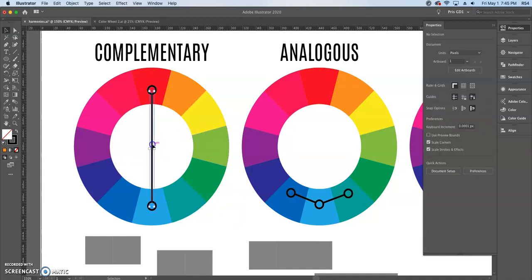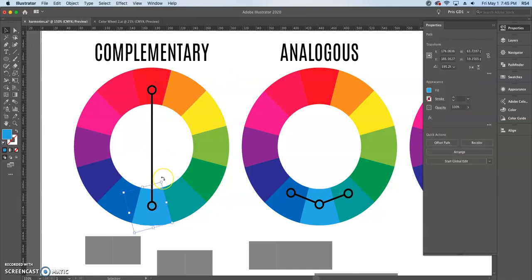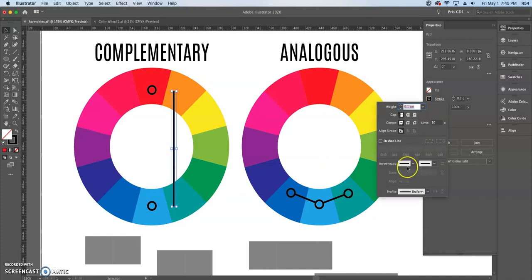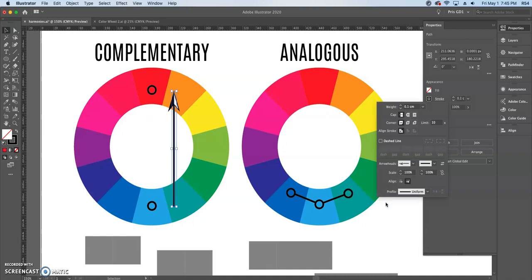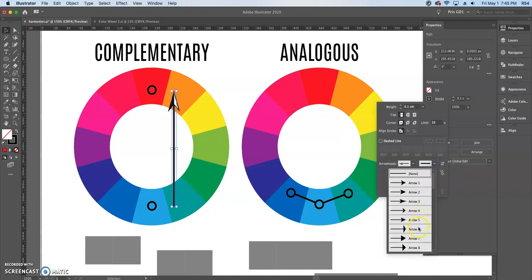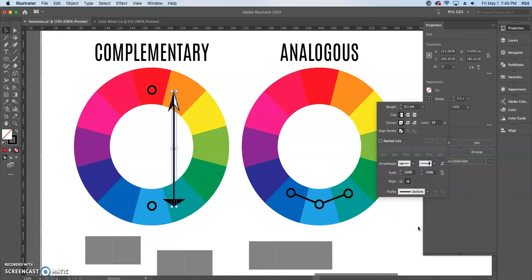I created this straight line, and to select these two colors, or to point out those colors, I created this small circle with the same fill that is in the color where they are, okay? But if you remember, I'm going to move this line over here so that you can see. If you remember, in the stroke properties we have the arrowheads, so you can use one of these items over here to change the ends of your arrows or your line, so you can point out